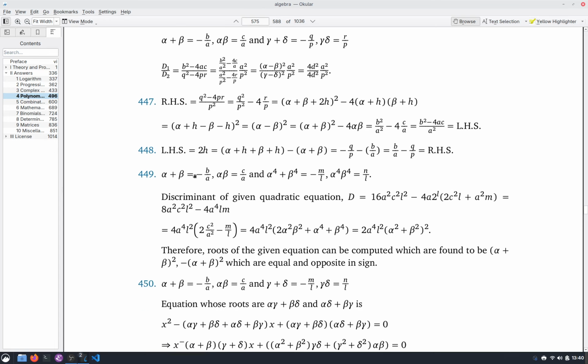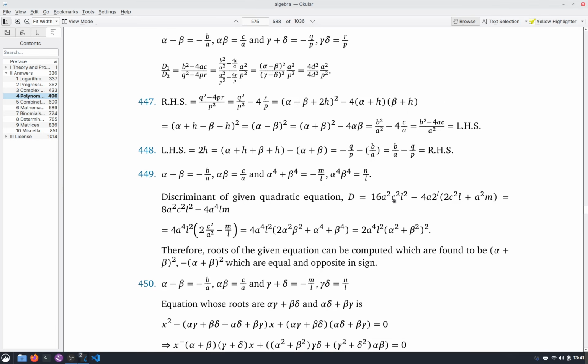So we see that alpha plus beta is minus b by a, alpha beta is c by a, alpha to the power 4 plus beta to the power 4 is equal to minus m by l, alpha to the power 4 beta to the power 4 is equal to n by l. Now the discriminant of the given quadratic equation, that is this equation, will be,